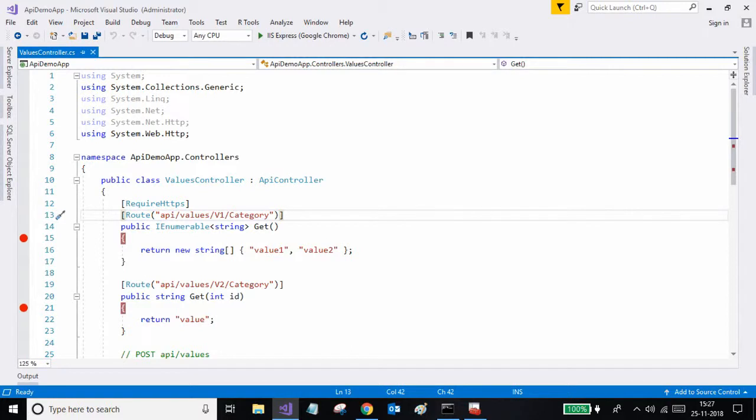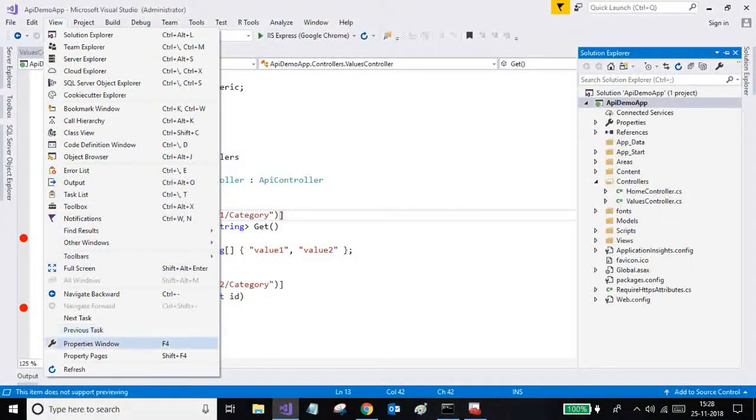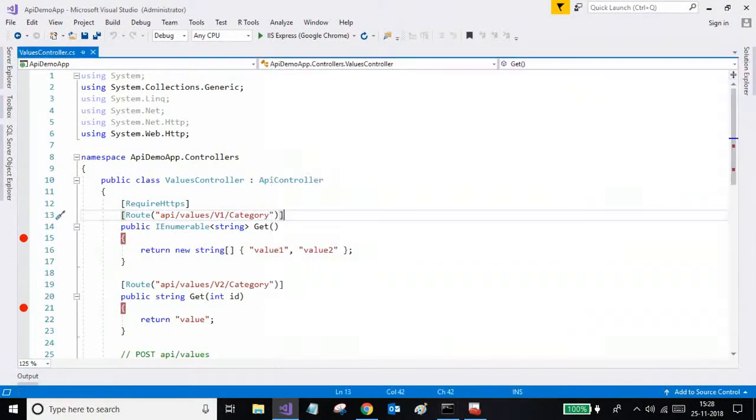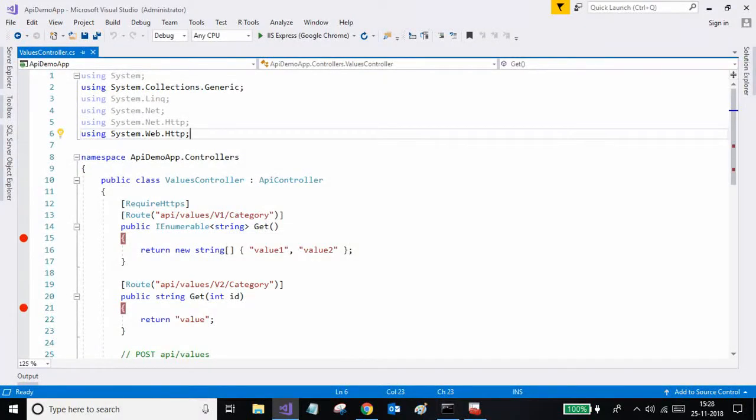Now there is one more thing which you need to do. You need to go to the Solution Explorer, click on the Web API application project, and then go to View and then select the Properties window. In here, you need to enable SSL. By default it is false. When you enable it, it will become true, and that's it. Then your ASP.NET Web API application is ready for HTTPS. Now, when you run this application,